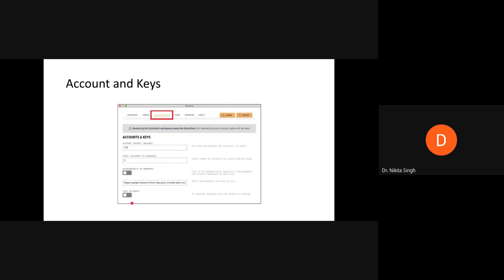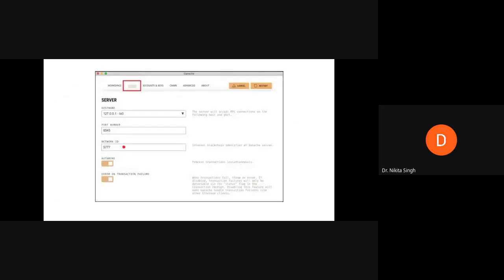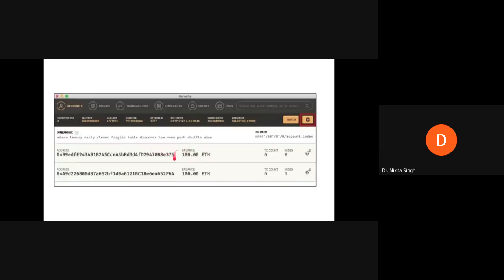Do you want to automatically generate accounts, or manually specify the number of accounts that you want to create? The default value, as you can see here, is 100, but you can set this value as whatever you want. Whichever value you set here will be reflected over here, and that will become the default value.